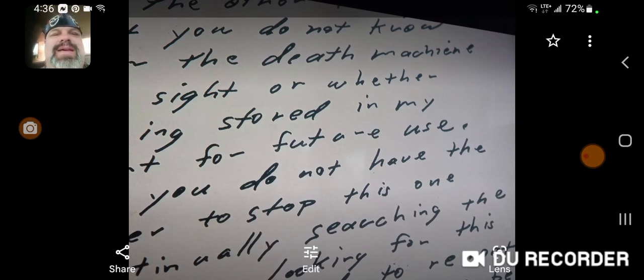Now, one thing about this man I was going to say is that whether or not he had that dictionary to write out them words, he was not a very good speller. So, right here, as you're sitting there, in sight, whether he's talking about a machine that he made, a death machine, whether or not it's stored in my garage or whatever, and it would be for food